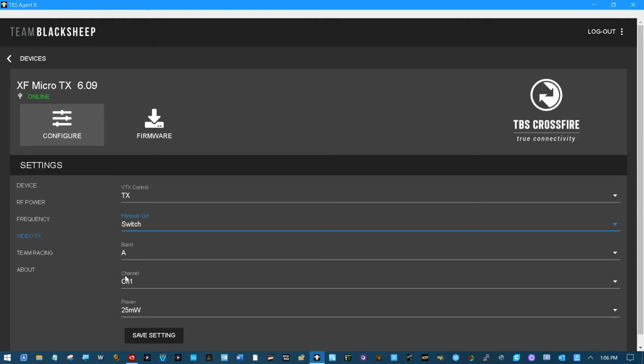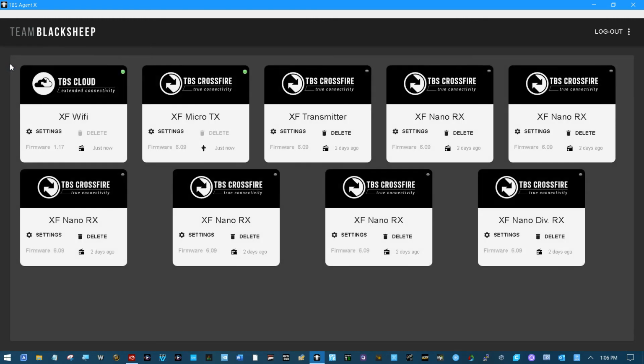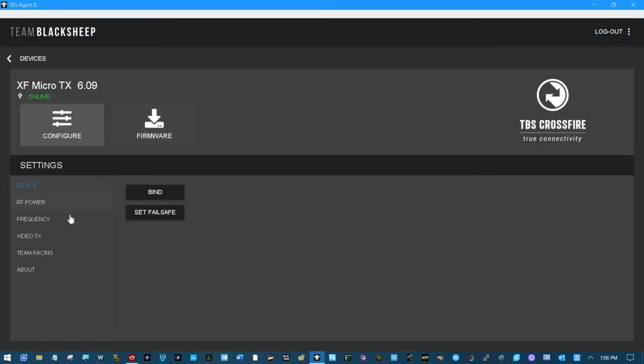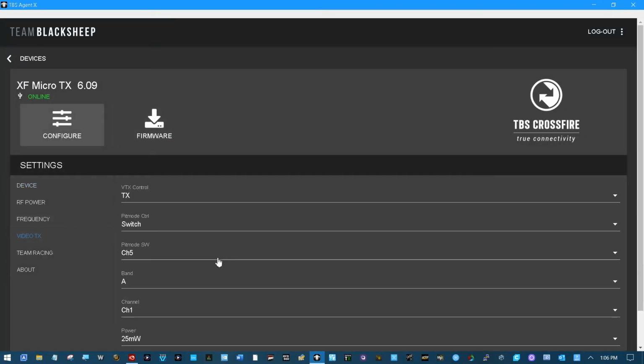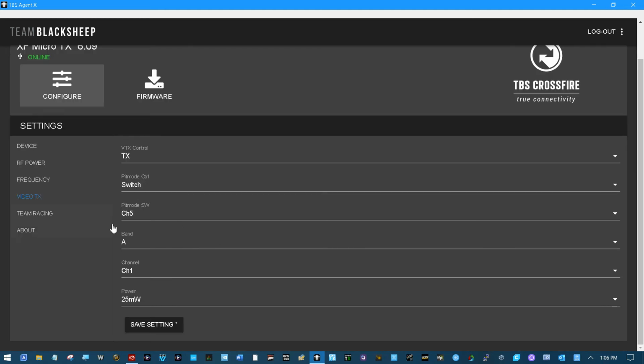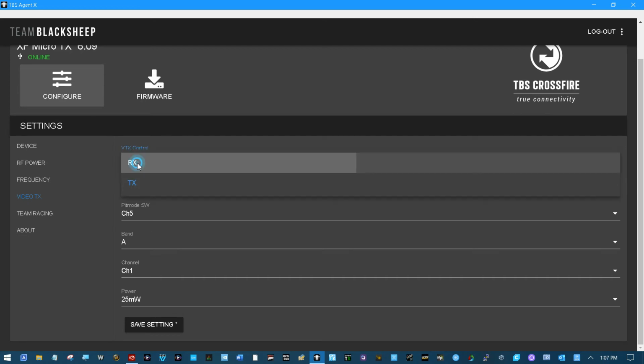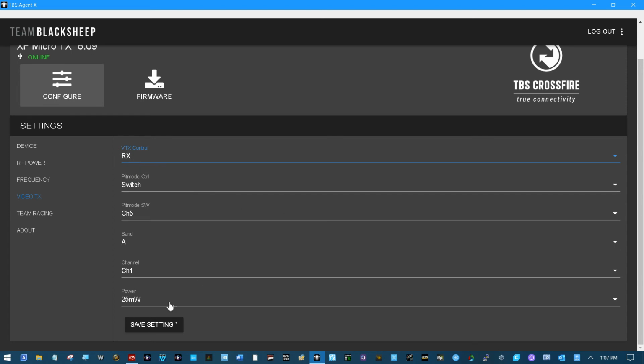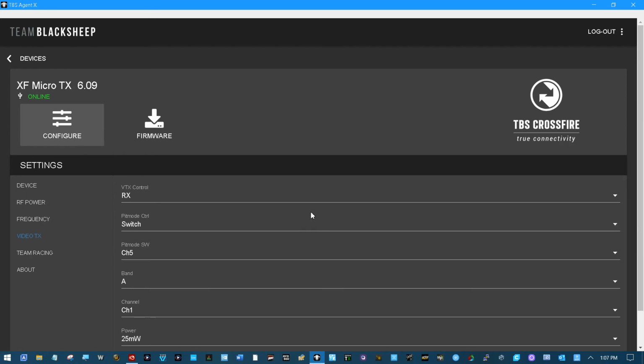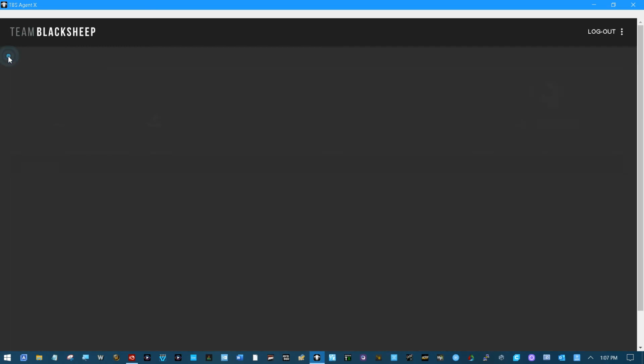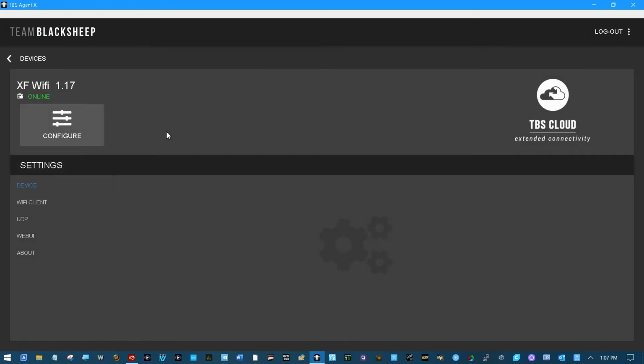And then here's a band and a channel. Must be this switch. If I go back out and come back in, Video TX. Yep. Here this has popped up. Pit mode switch, channel 5, whereas this down here has to do with the smart audio. If I go back to RX, even if I click Save Settings, you notice these options don't go away. But if I go back out to the main menu and come back in,